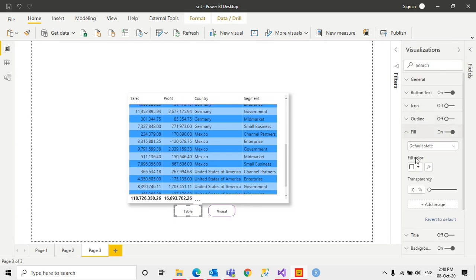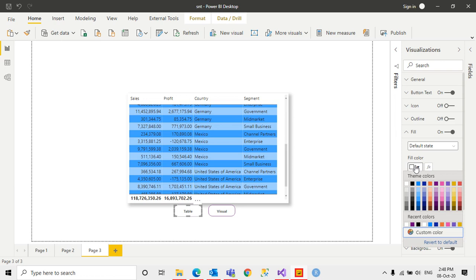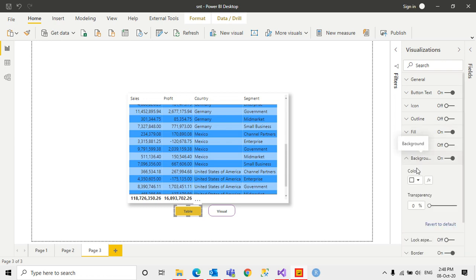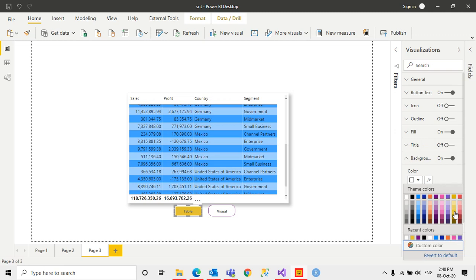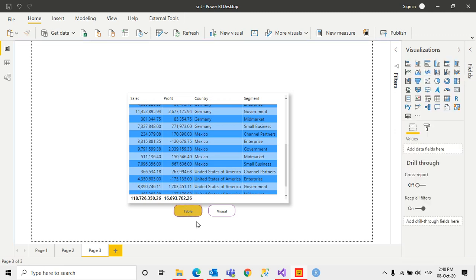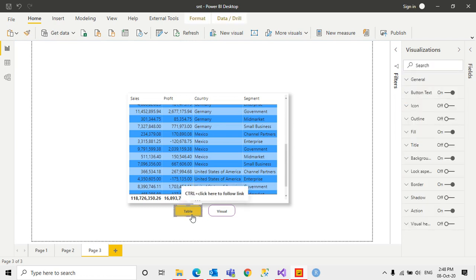Let's give it the yellow color, and set the background also to give the full color to the button. As you can see here, we have one more button with the same name and the same bookmark.